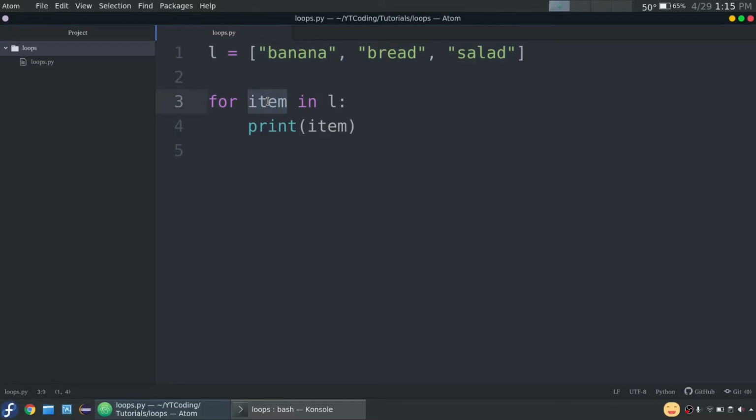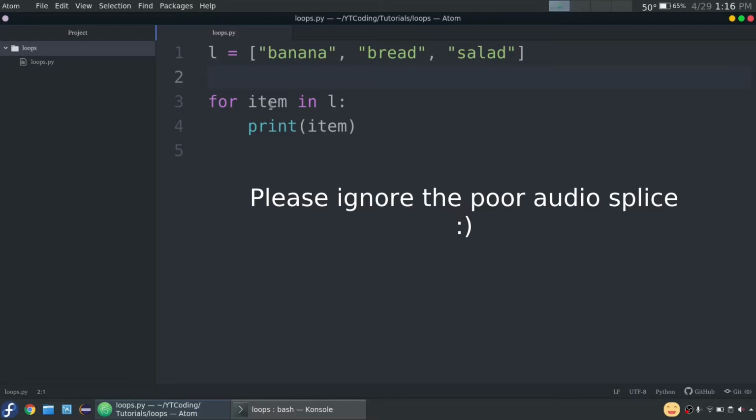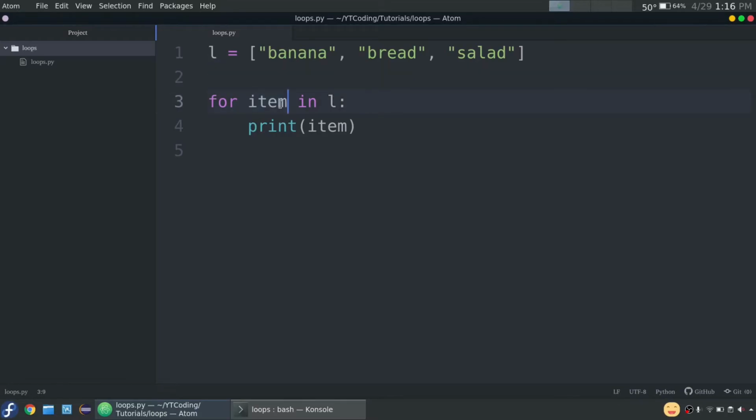This is basically the variable that it will save the item it's iterating through into in order to run in the program. So as you can see, I do call item here, but it's not defined anywhere up here, but it is defined in here. So it's really like a temporary variable. So if I said x and then over here I said x again, that would work. That would do the exact same thing, because this just means as you iterate through, so you go through the 0th index first, so then it gets banana, it saves banana to x,